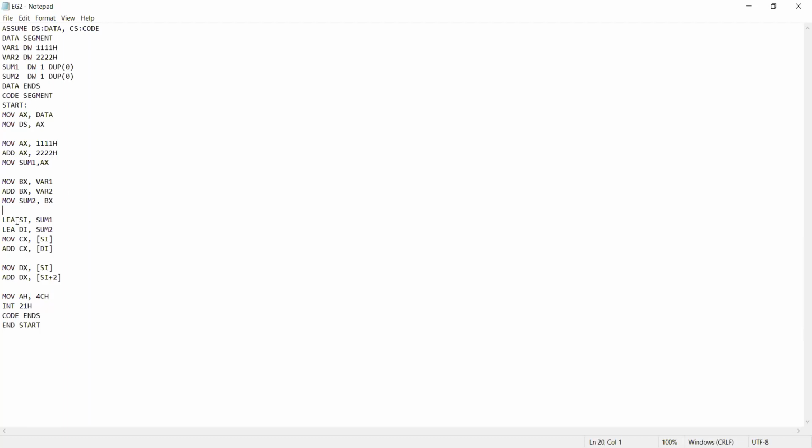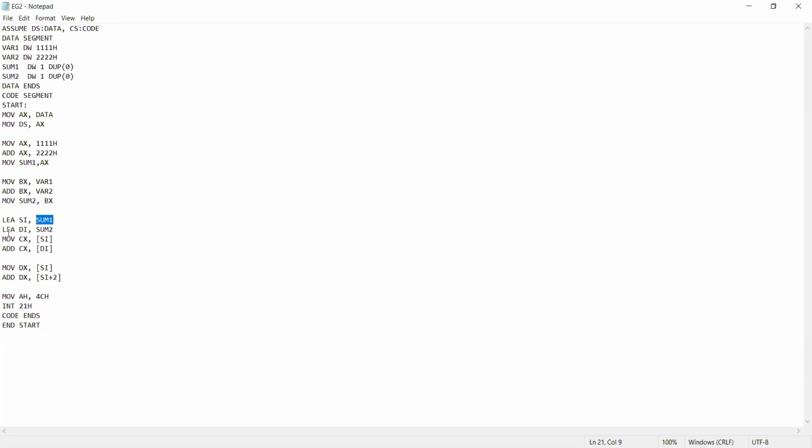Next, what is the purpose of the LEA instruction? Load effective address. That means it is going to load the offset of that particular variable. The variable sum1 is available in the data segment, and we are storing its offset in the SI register, that is the source index register.